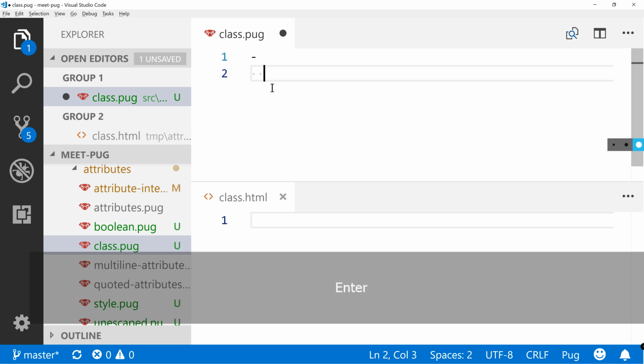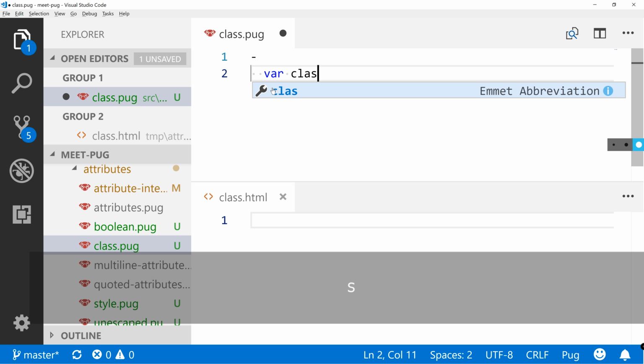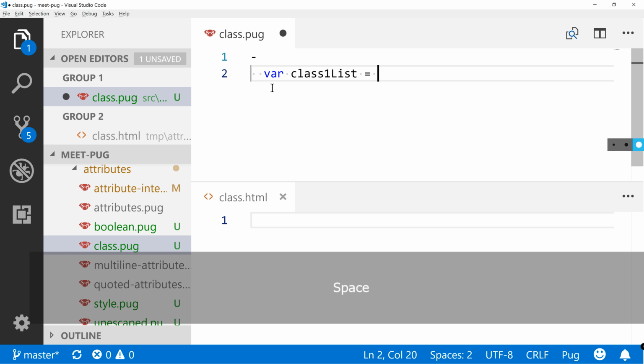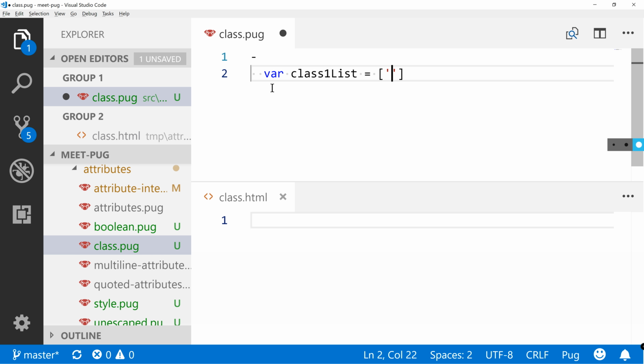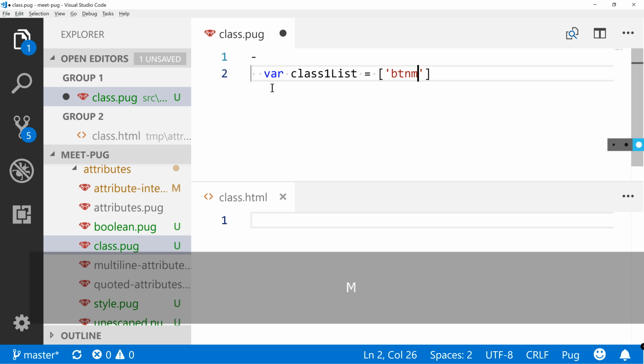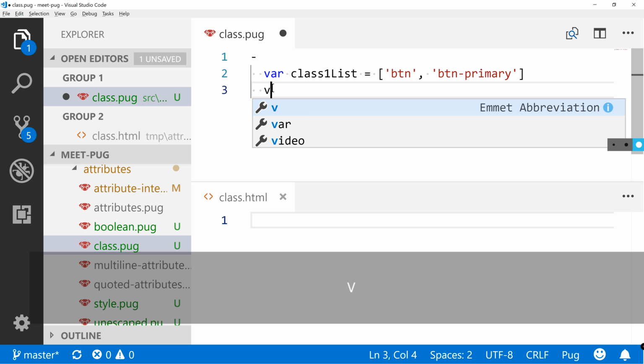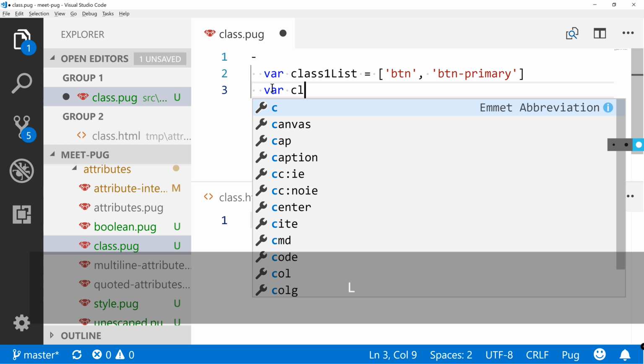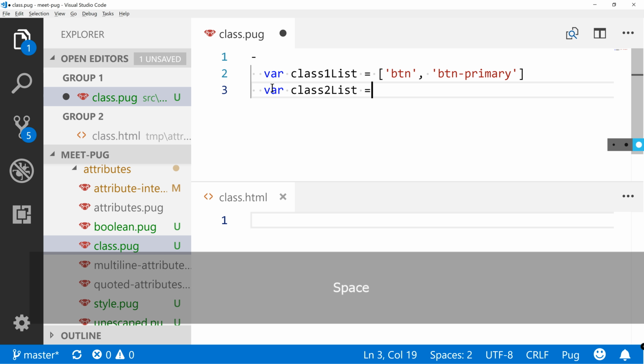And I'll do var class one list equals, and this might sound familiar to you from Bootstrap, btn and btn primary. I'll use some examples that you might be already used to. Here's the var class 2 list equals a btn small,